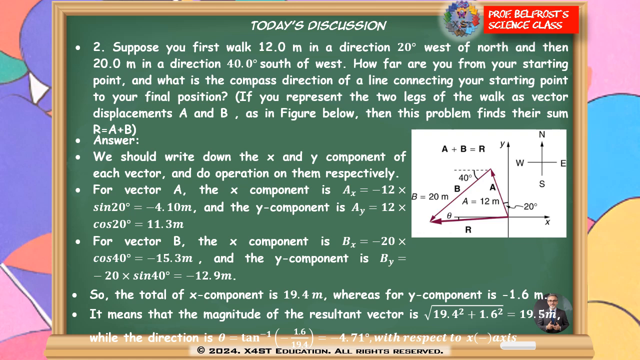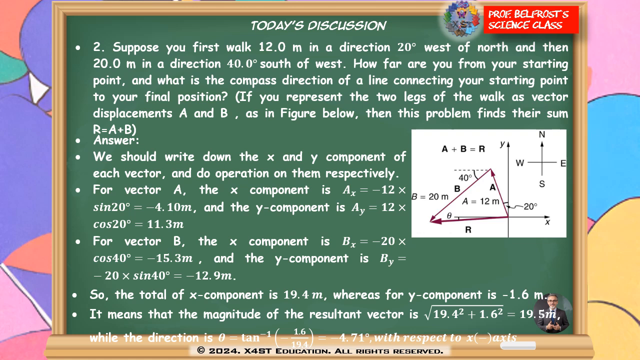Actually, you can just solve this problem by extracting the x component and the y component of each vector as shown. So the vector A has ax and ay components, and their values are what I have stated on the slide. Also for vector B, we have bx and by, and then we add ax and bx together to make rx, and ay and by together to make ry, and rx is 19.4 meters and ry is minus 1.6 meters,